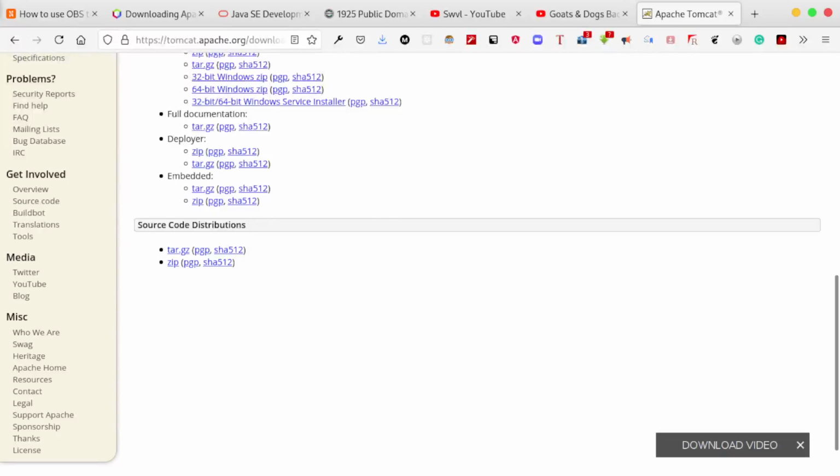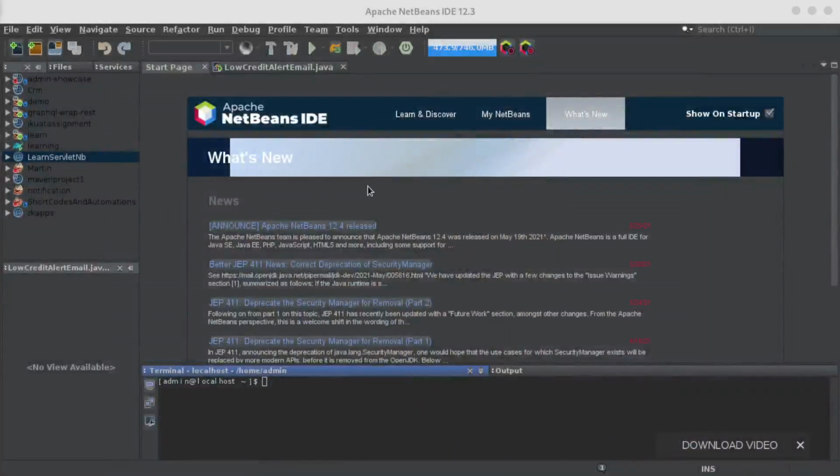So I hope that so far we are good, and you have been able to install those applications. Actually, I was just showing you where you can download them, so that we can be together when I will be opening the IDE. I just want to open the NetBeans IDE, and then I'm going to show you how it looks. So this is my NetBeans IDE.